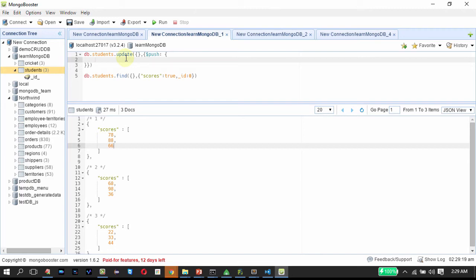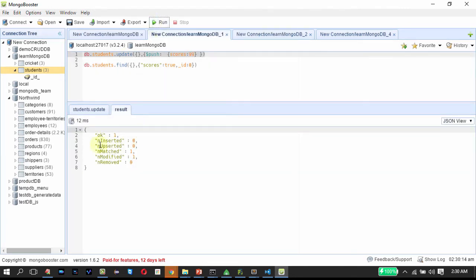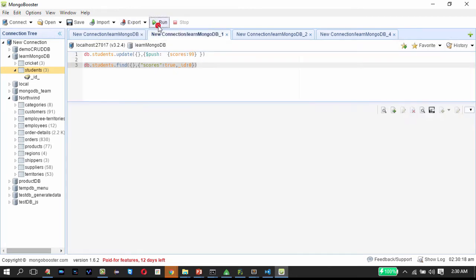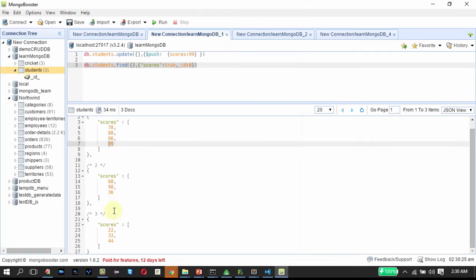So we are not going to specify the option now. So this update will update the first document. We got the result. Let me query it and see what happened. So we have successfully got 99 added to the first document, whereas the rest of the documents are not modified.